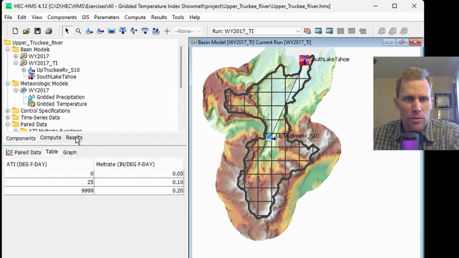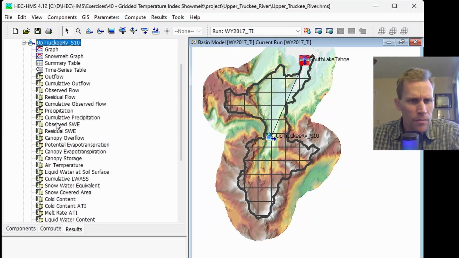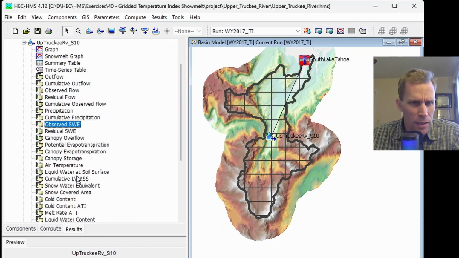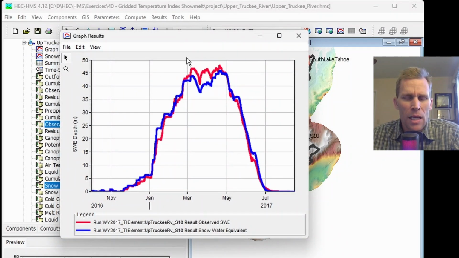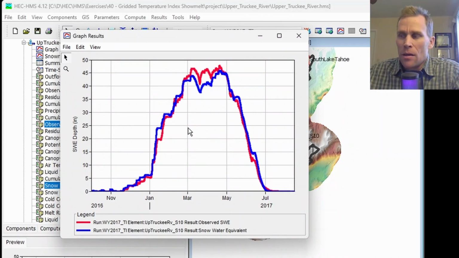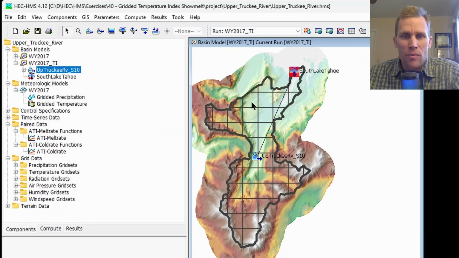Let's take a look at the results. Then I'll click on the subbasin, expand that, observed snow water equivalent and snow water equivalent, and then click on the plot, update the colors. Now we have a pretty good match between computed and the observed snow water equivalent for the water year of 2017. Something else I wanted to show is in the basin model map here, I can just right click and